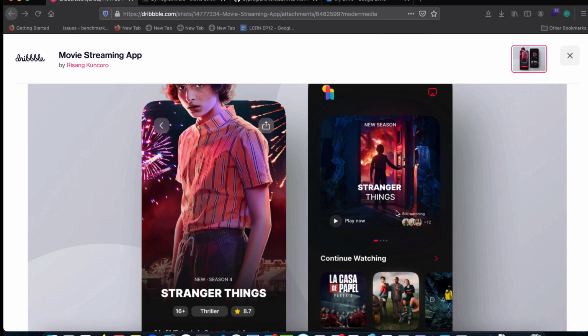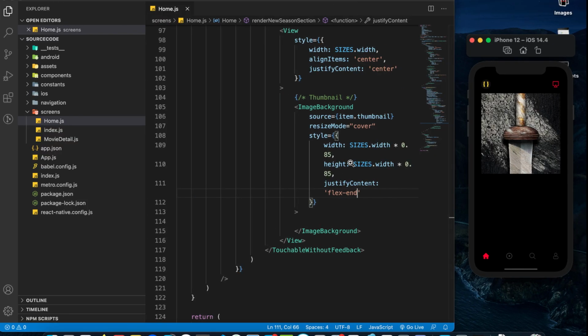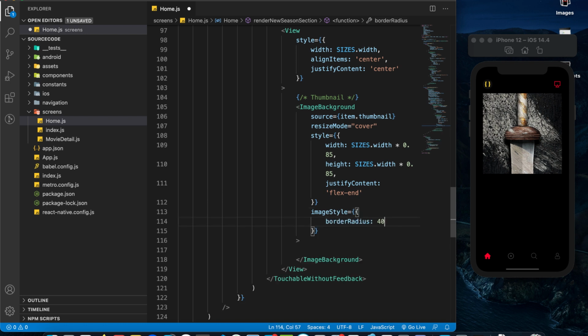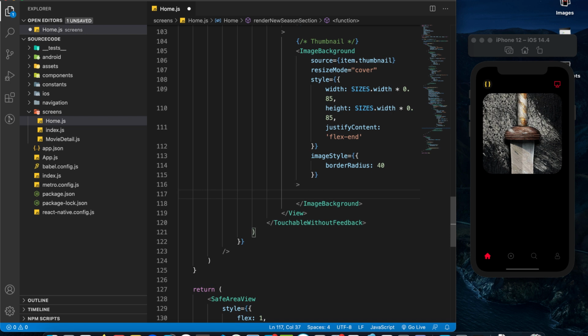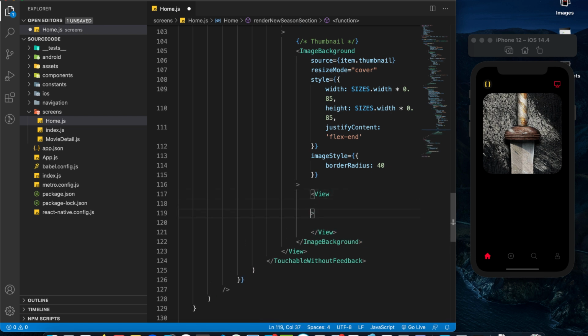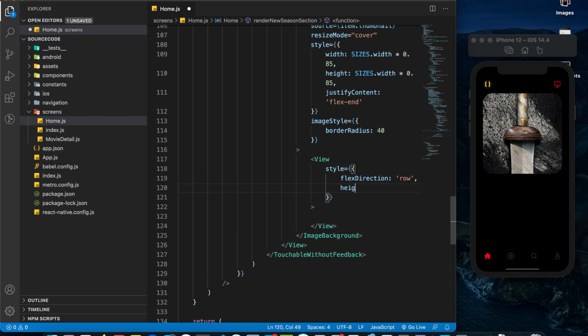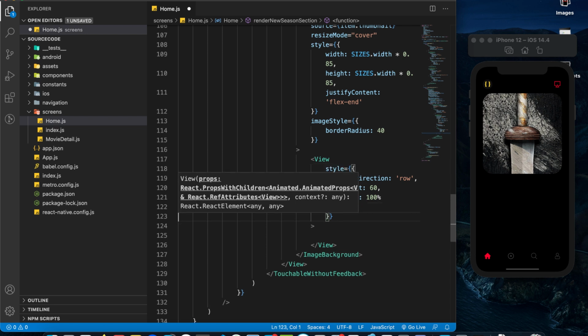Perfect. Now, in order to give the image background a bit of border radius over here, we will need to use another prop called image style. So border radius equals to 40. Perfect. Alright, now within this image background, we will have a container view. Okay, so give it some styling. So style equals to flex direction equals to row, height equals to 60, width equals to 100%,